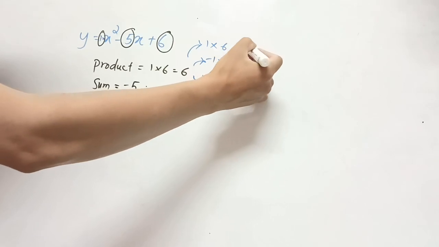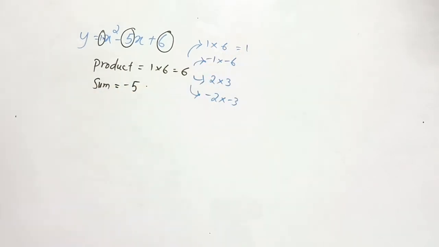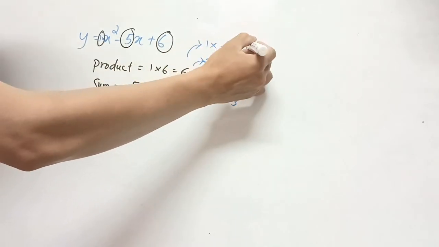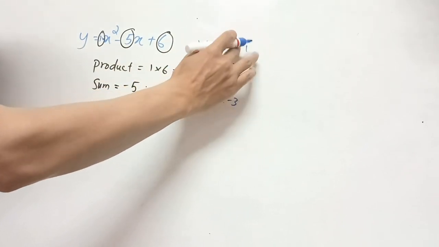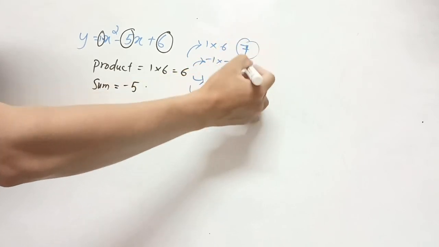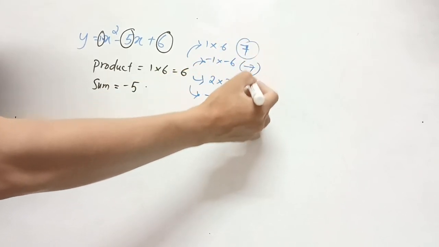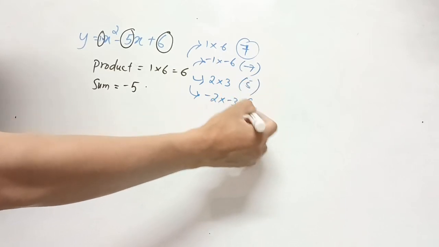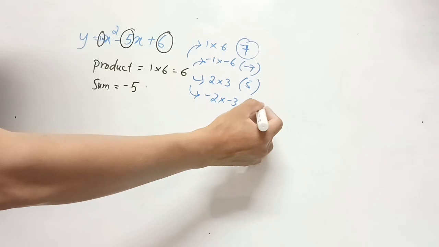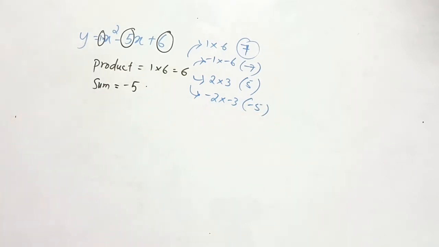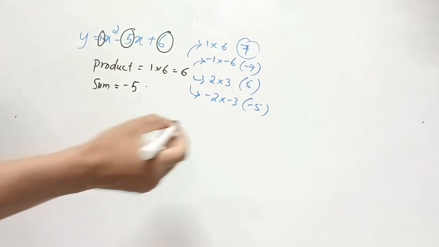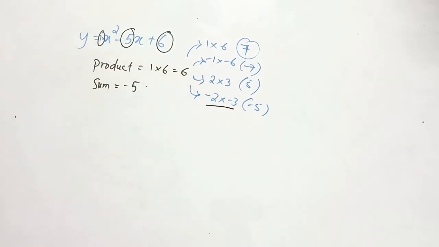Now we need to determine the sum. When I add 1 and 6, we'll get 7. When I add negative 1 and negative 6, I'll get negative 7. When I add 2 and 3, I'll get 5. When I add negative 2 and negative 3, I'll get negative 5. So you see the sum of negative 5 is actually given by the fourth combination, which is negative 2 and